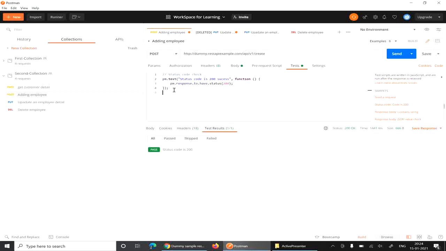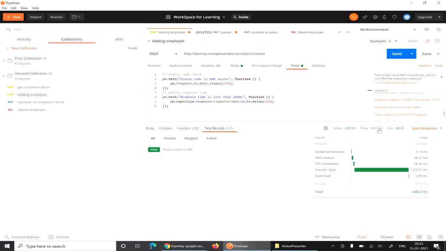Or, you can verify the response time as well. For that we have a snippet: response time less than 200. In your application, if the response time is less than 400 or less than 500, you can make it according to your need. So I'll name it response time verify.